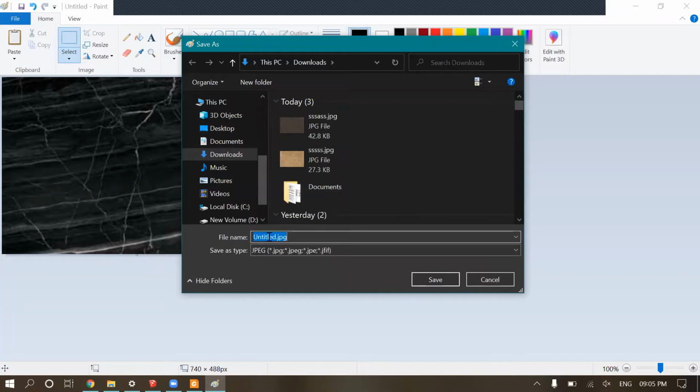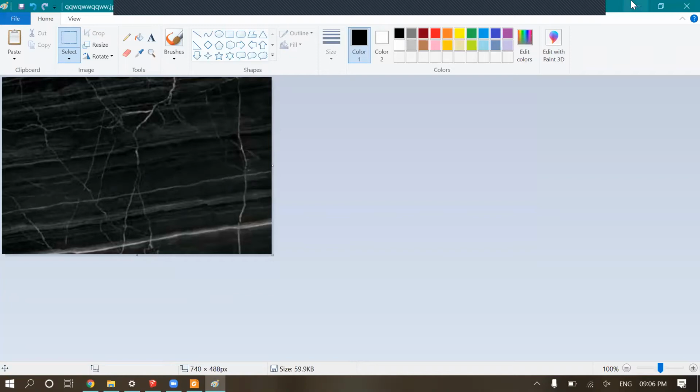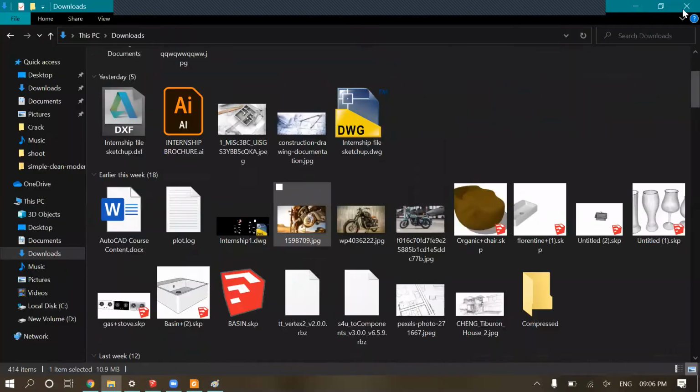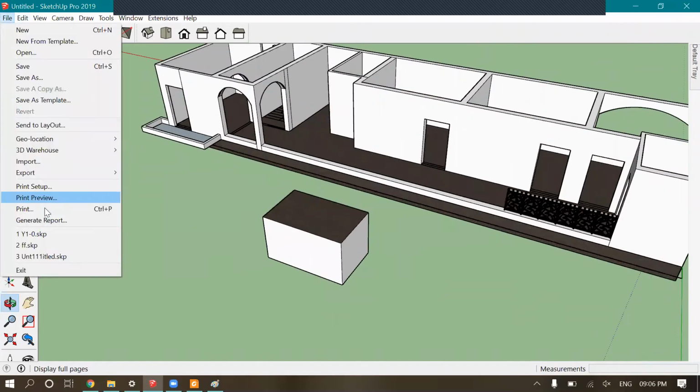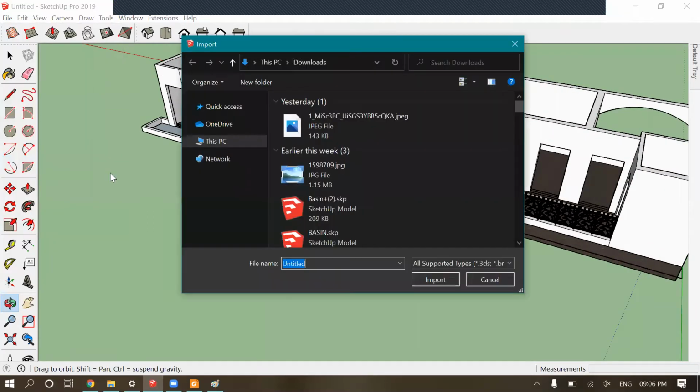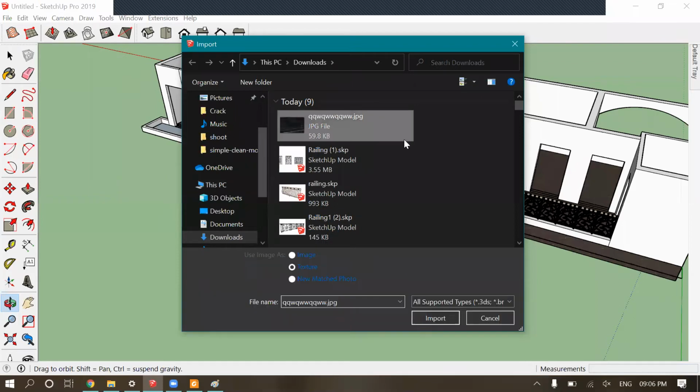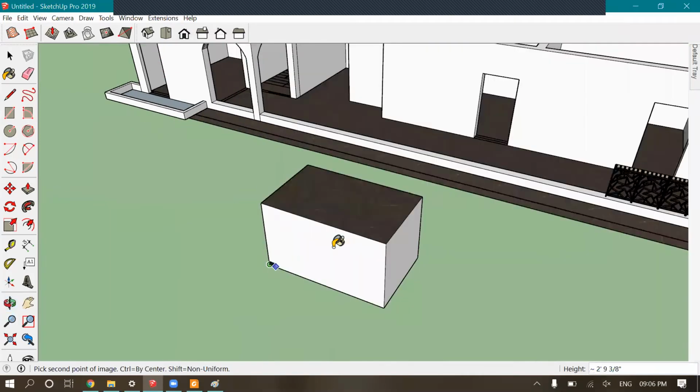So let's name it. So we need to import it now. All we'll be doing is clicking on it on a part.